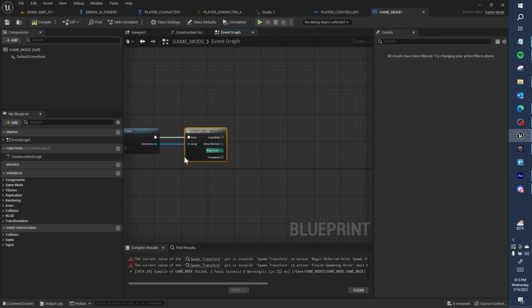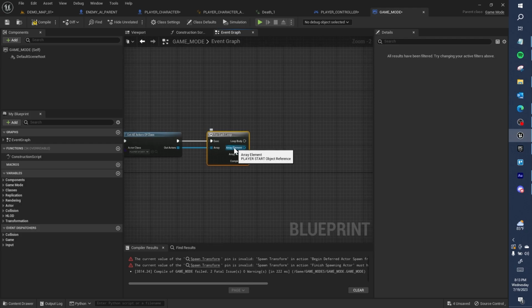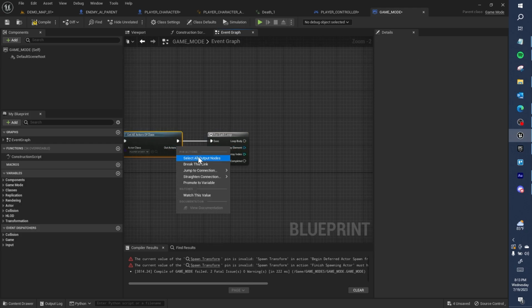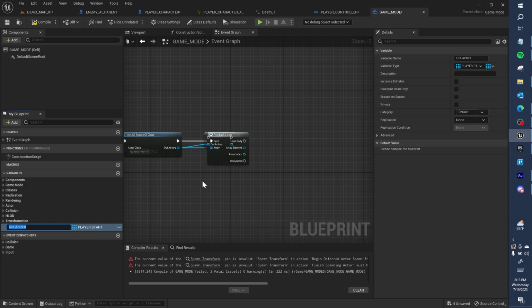I can create a variable, spawn players start array. Each time it adds it to the array,